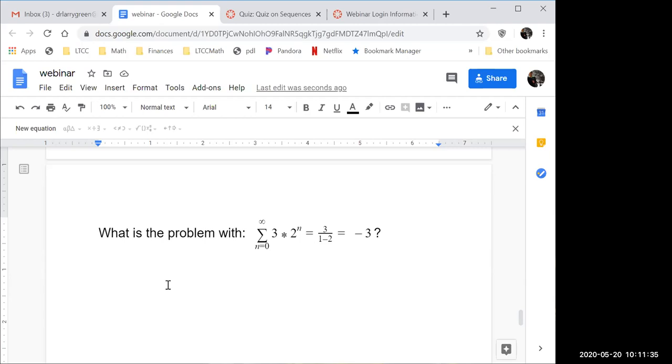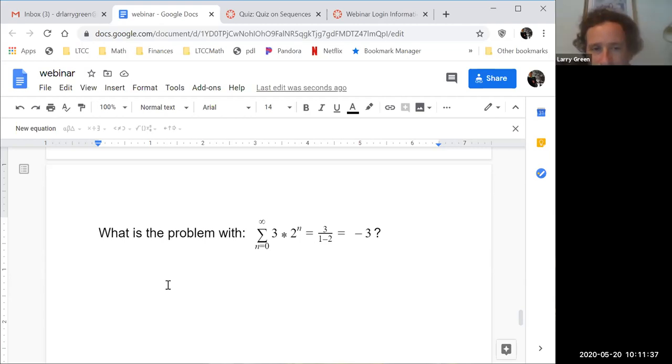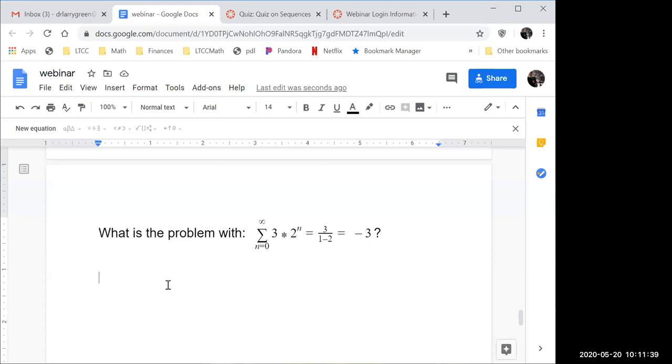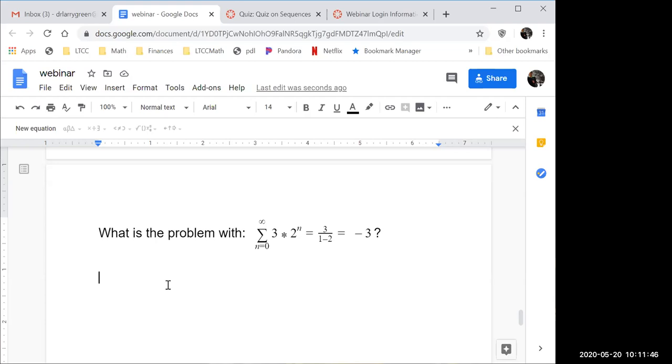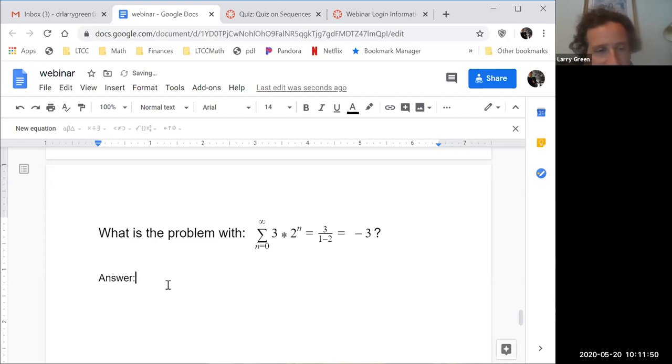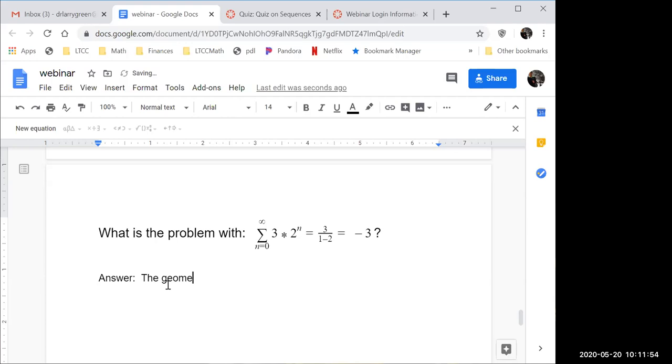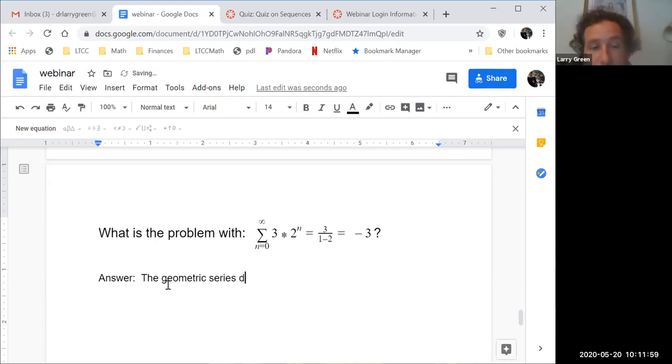So what's the issue? Because I used the formula, right? Okay. I don't see y'all jumping in. The answer is the geometric series diverges